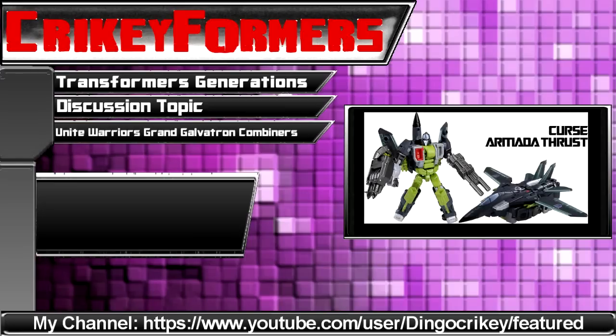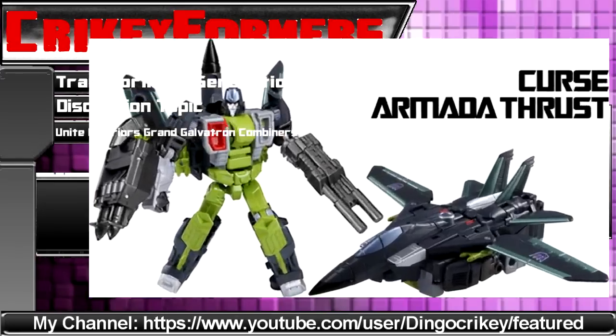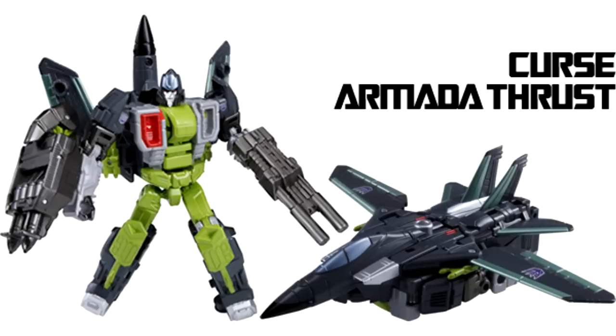And first up, we have Deluxe Class Curse Armada Thrust, which is of course the Air Raid mold repainted and remolded to homage Armada Thrust, which, if you're like me, got into Transformers with Armada, this is a really exciting reveal, considering what a hilarious and dynamic character he was in the show, and how good this looks, especially for a repaint. They really picked a nice figure for this character and did a pretty spot-on job for the color